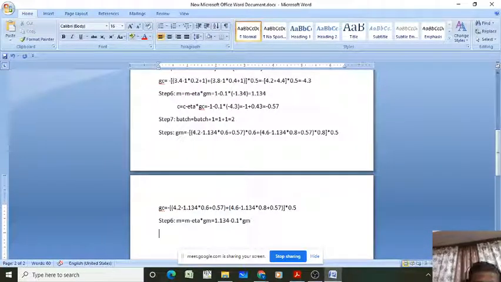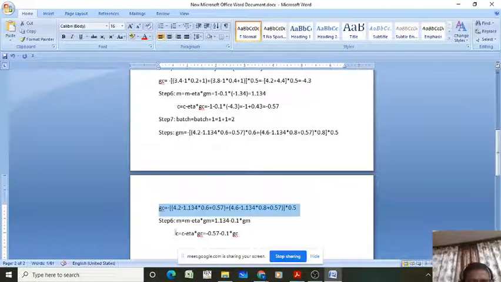Similarly you have to update the model parameter C also. So C equals C minus eta multiplied by GC. What is the value of C? Minus 0.57 minus eta 0.1 into the GC value, which will be coming from here. So now we are updating the model parameter also for the second batch.